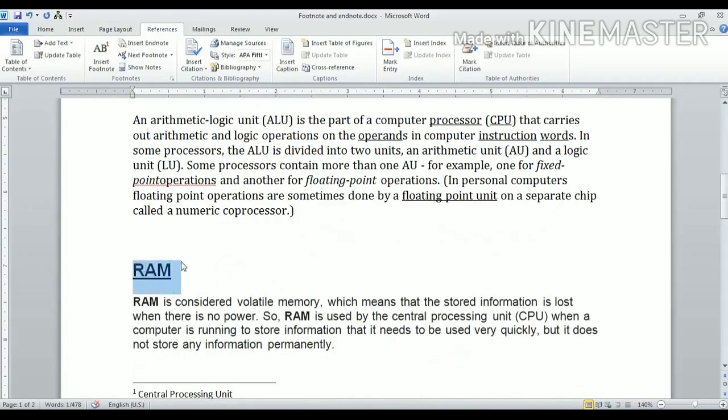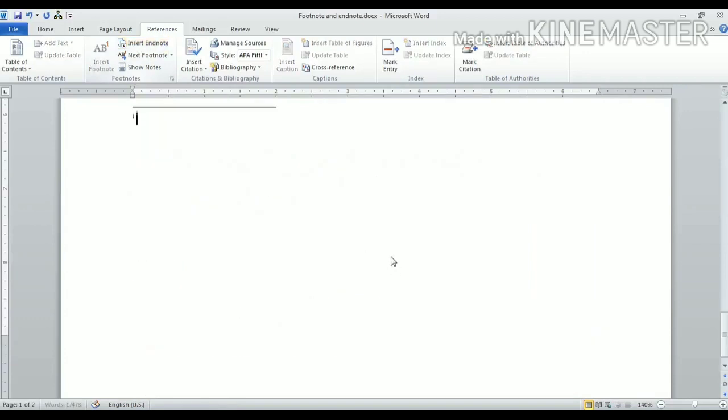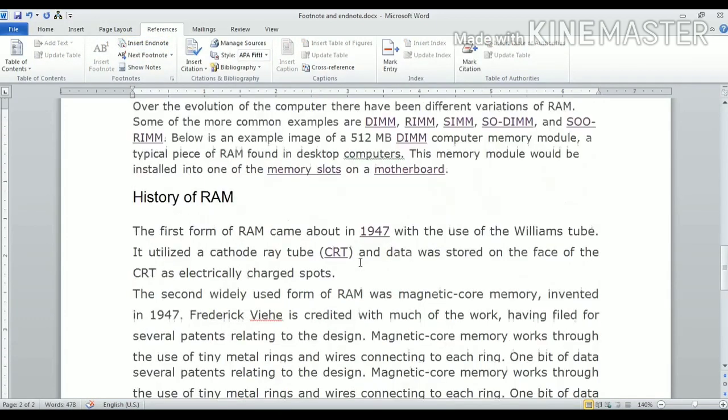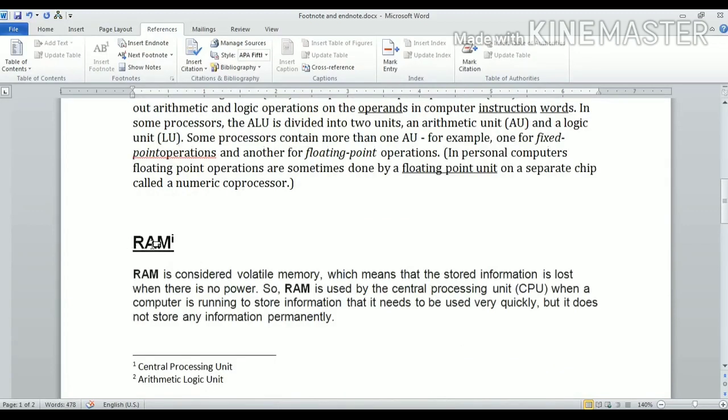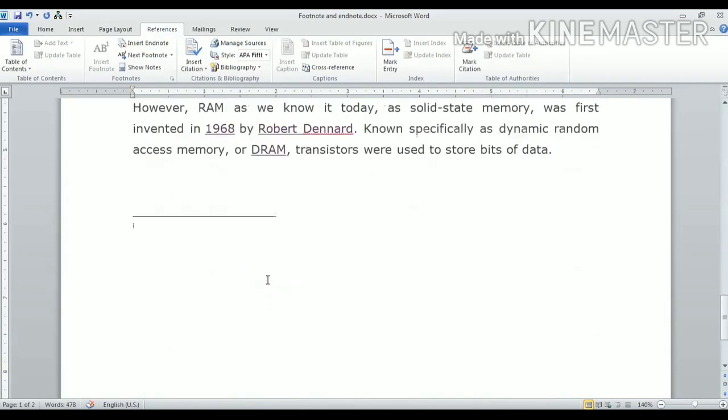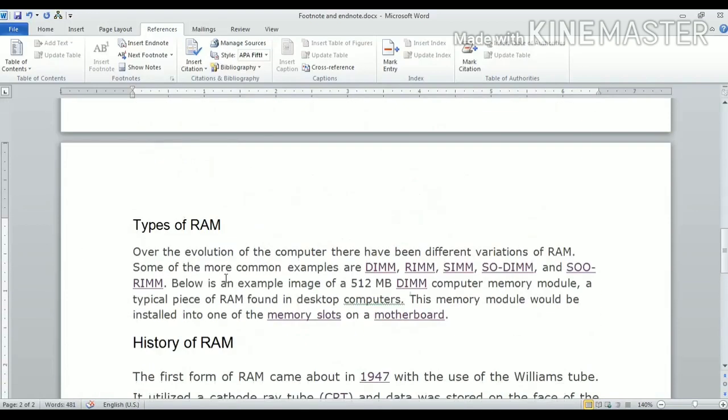Then you can just type, and in a similar way if you want to insert another footnote, you select the word and click on reference, and a letter will appear and that same letter will appear on the top also. There you write the full form or the definition, whatever you want. In this way you can insert a footnote.